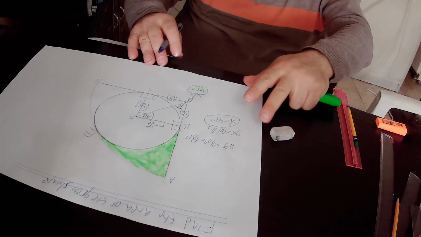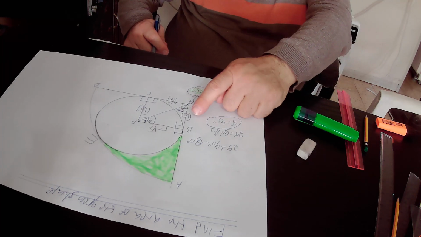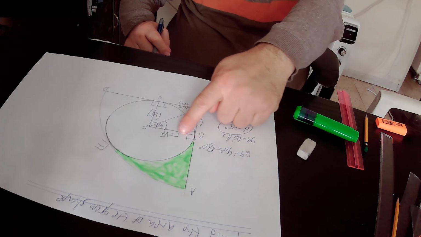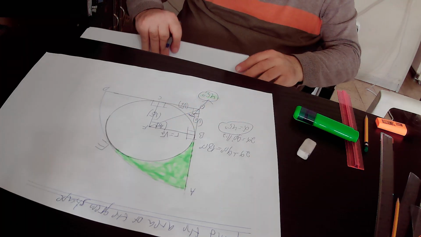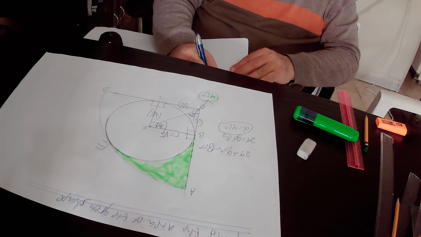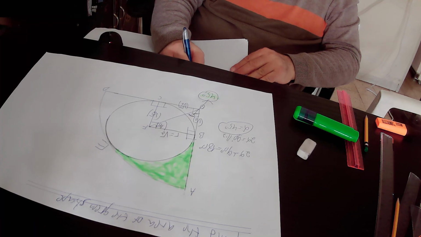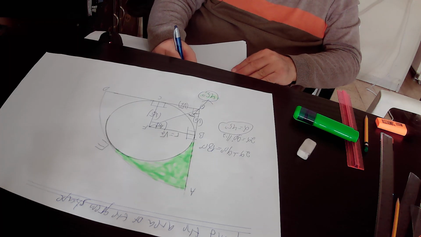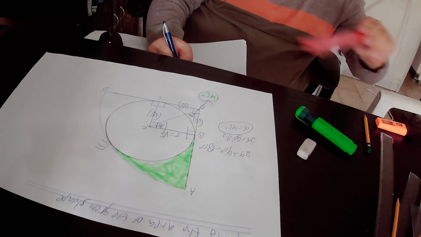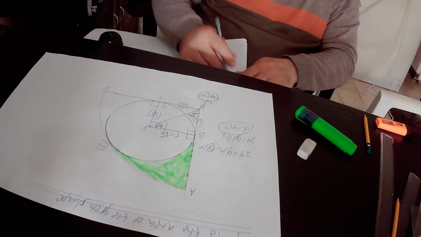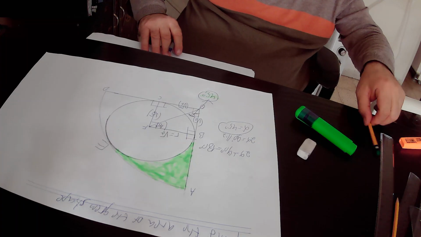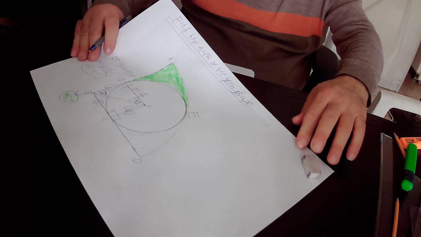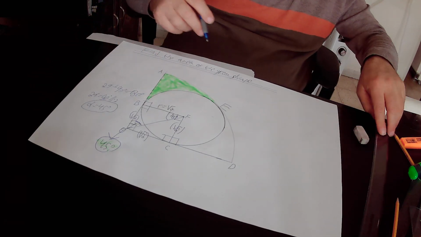Okay, so here we'll continue to focus on the right triangle BOF, and we'll implement the Pythagoras theorem in this right triangle BOF. According to the Pythagoras theorem, in any right triangle, the square of the hypotenuse equals the sum of the squares of the perpendiculars. So, actually, in the right triangle BOF, the hypotenuse is OF,